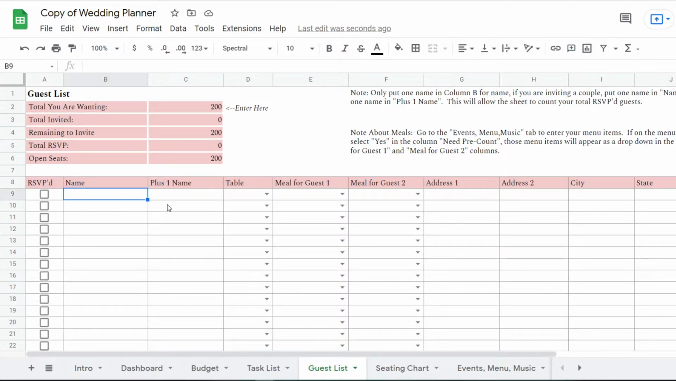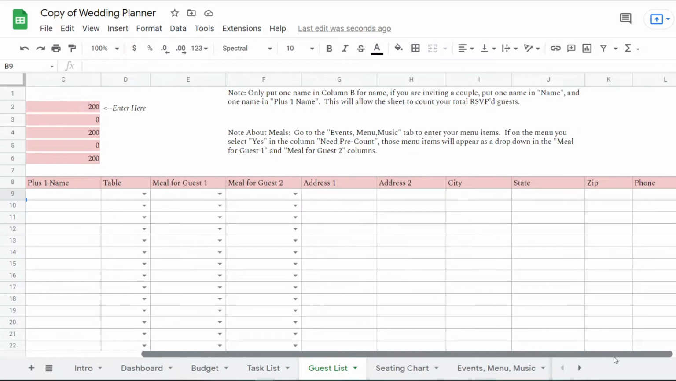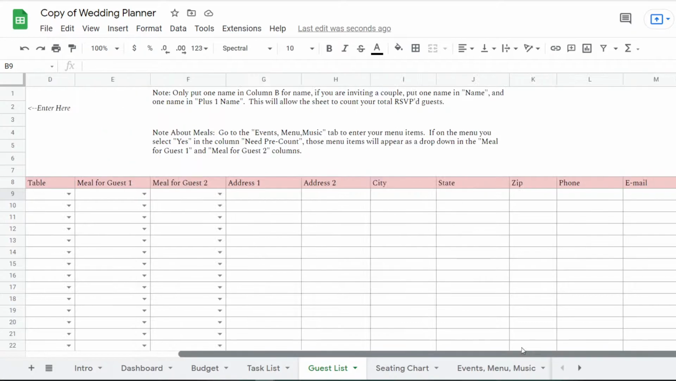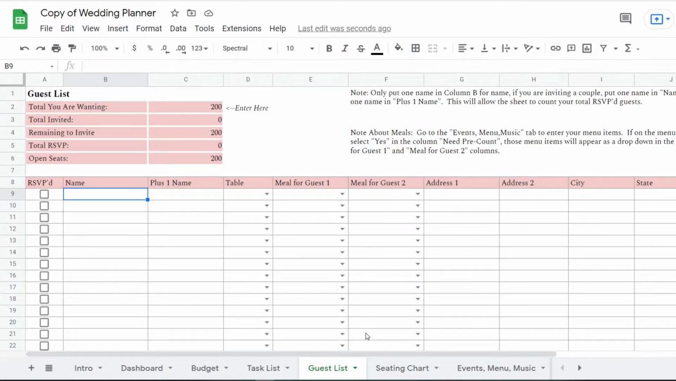But you can just have this as one place to organize everything related to the guest list, what tables they're at if you're assigning tables, what meals they might be having if they're doing meals, and also their contact information. As you can see here, we give enough room for their address, their city, their state, their zip, their phone, their email. So we're really giving you as much information as you can get. So let's just put, Jane Doe,